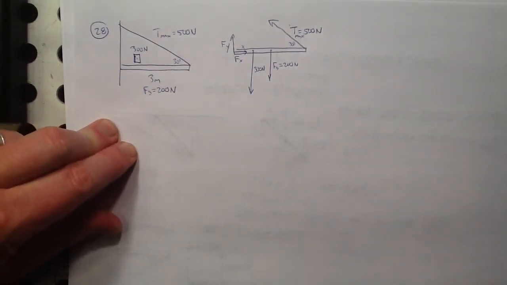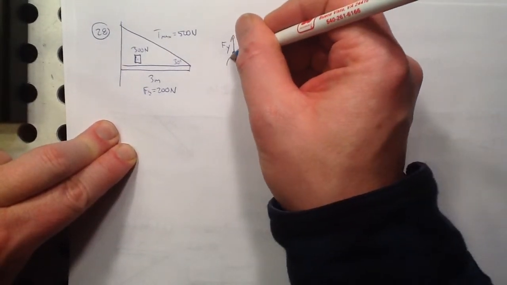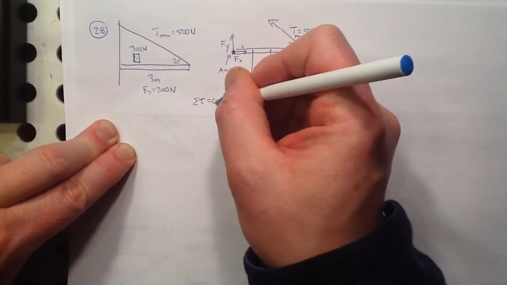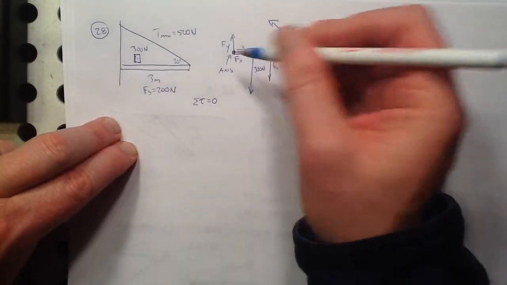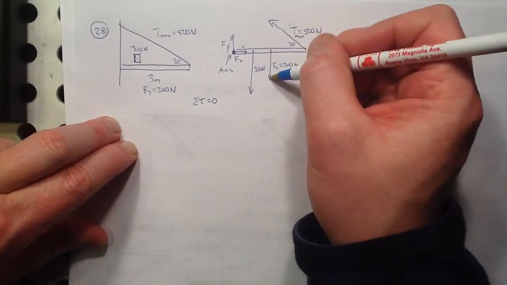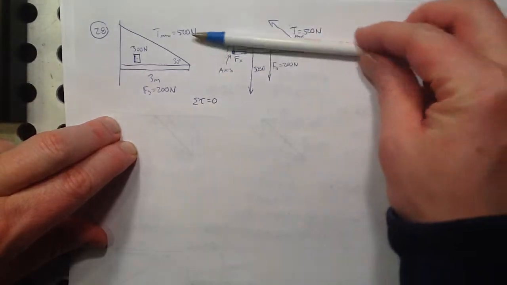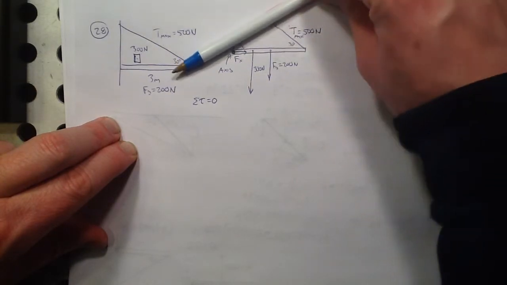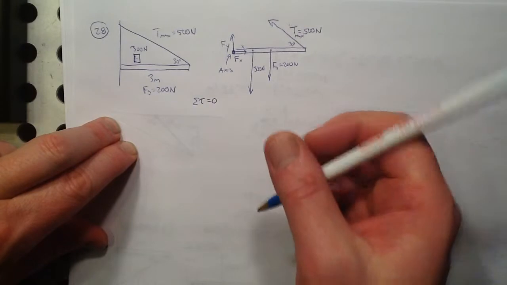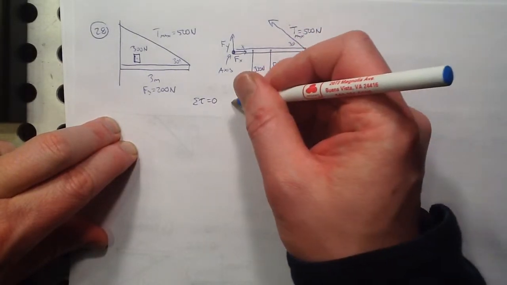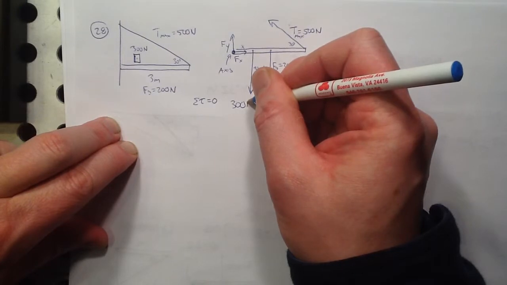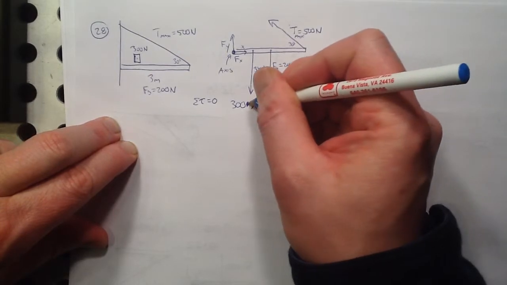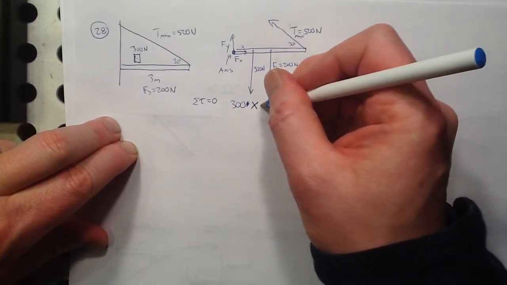All right, so let's write our net torque equation about this axis. It's in static equilibrium, so the net torque is 0, which means if that's my axis, then I have this torque and this torque from those two forces trying to make the beam rotate this way, and then I have this force trying to make the beam rotate this way. So let's write the equation that balances those. I have 300 newtons at a distance of x that I don't know, that's what I'm trying to find, times a sine of 90 degrees,